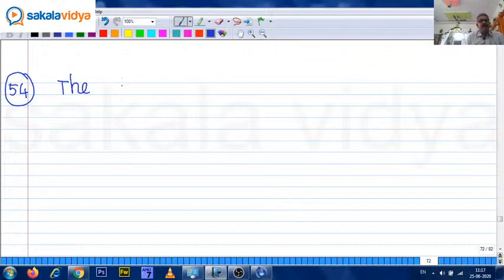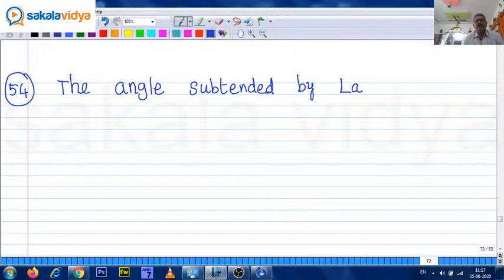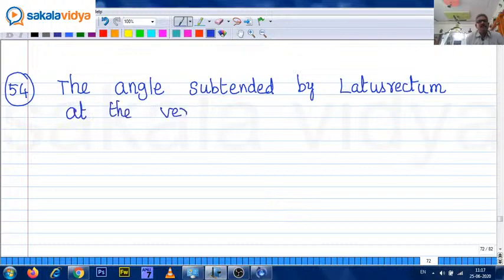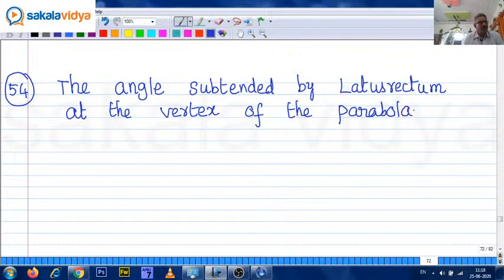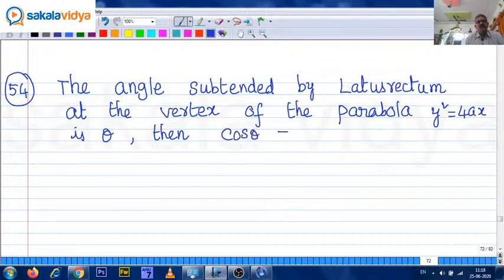The angle subtended by latus rectum at the vertex of the parabola y square is equal to 4ax is theta. Then cos theta equals to